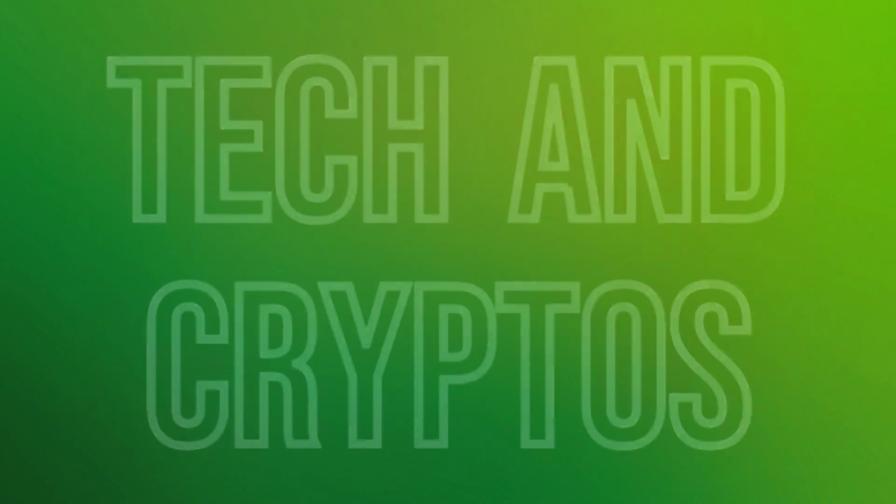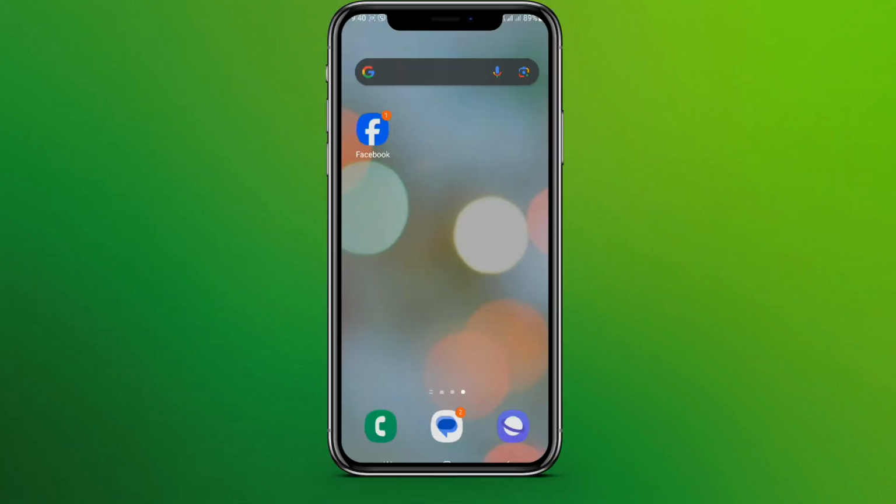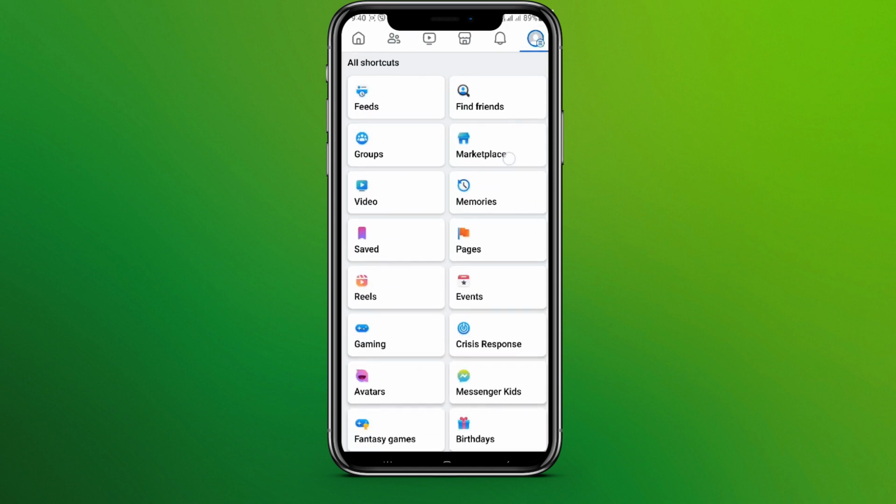Today in this video let's learn about how to add or change your relationship status on Facebook. So let's get started. At first let's get into Facebook app. So here it is. Now click on your profile icon in the top right corner and we need to scroll